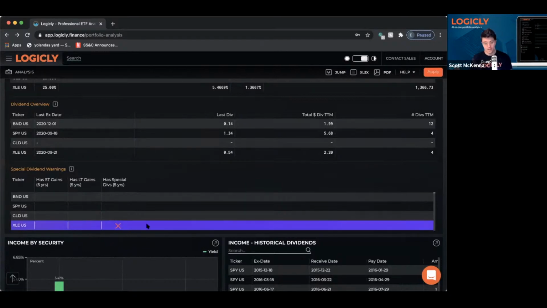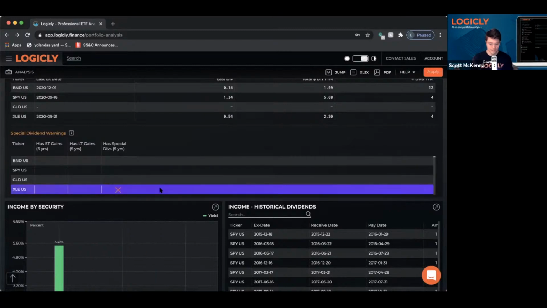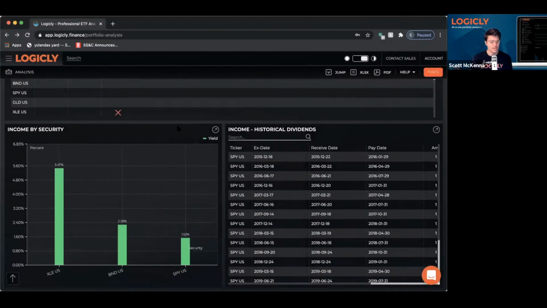So maybe that's kind of the last straw for us, right? We've seen huge underperformance. We want to make a tax loss. Plus, with this, it generated a tax event. So let's say we wanted to drop XLE, right? That's something that you could use as justification for that when you're talking with your client.